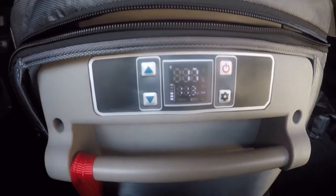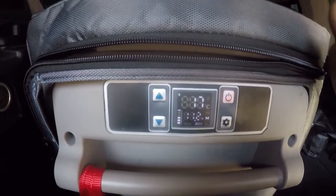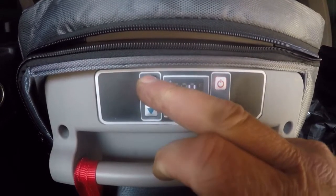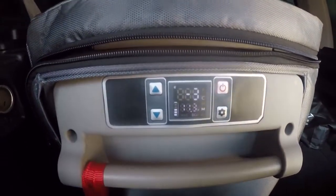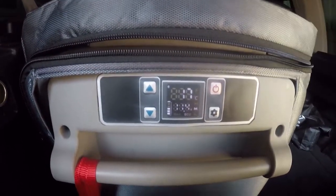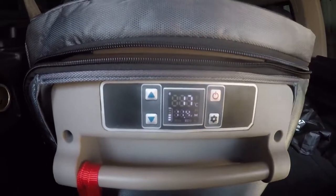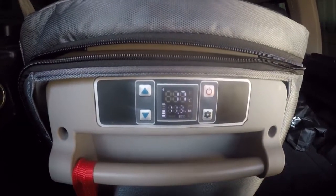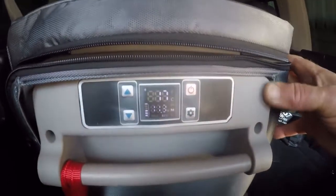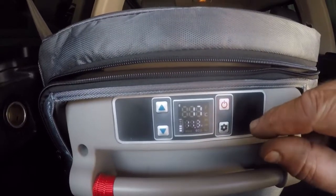On a normal day, in the heart of summer, if it's a really hot summer's day, I'll normally run this fridge at -3. I find that actually starts icing up the water after an hour or two. The water starts really getting icy. You can run it at -1 or at just freezing, which is 0, but -3 is good for me. This fridge can be used as a fridge or as a freezer, because it goes down to